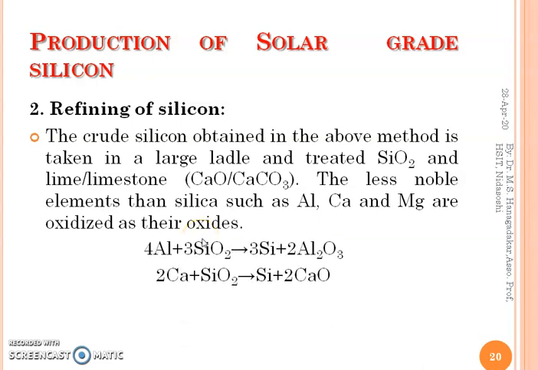If the impurity is aluminum, when it is treated with the flux, we get the silicon with the formation of slag. If there is calcium, when it is treated with the flux, we get the silicon with the formation of calcium oxide. If there is magnesium impurity, when it is treated with the flux of silica, we get the silicon, and the slag is magnesium oxide. So this is how we are able to get the